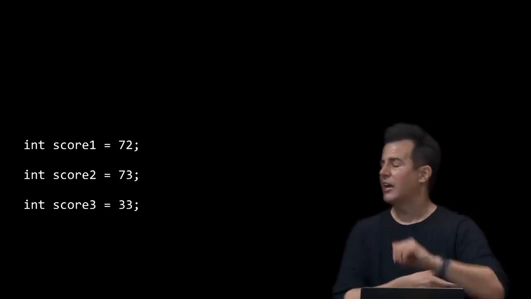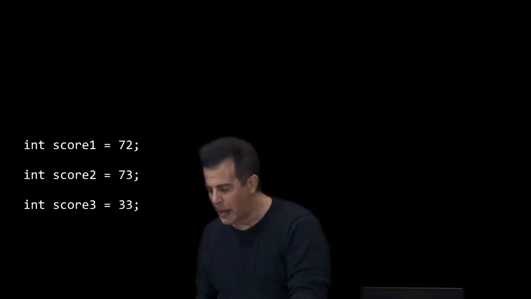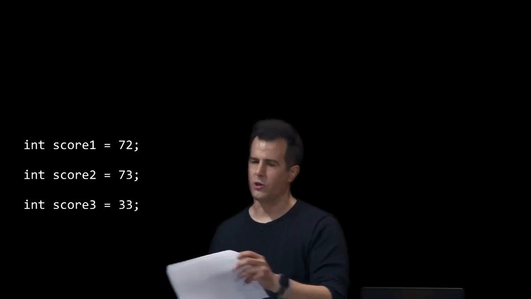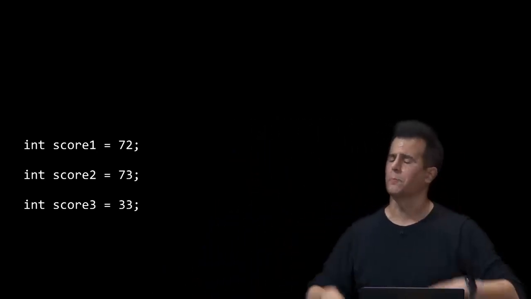At the end of the day, no matter how sophisticated your Mac, your PC, your phone is, this is all it has access to for storing information. It's a canvas of bytes, and what you do with this now really invites design decisions. So let's consider this. Here is an excerpt from a program wherein maybe I'm prompting the user for 3 scores, like 3 test scores, exam scores, something like that.